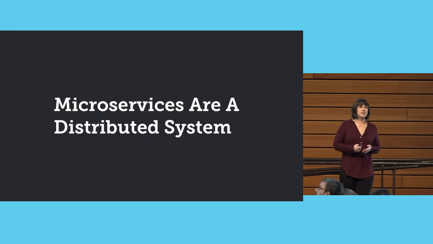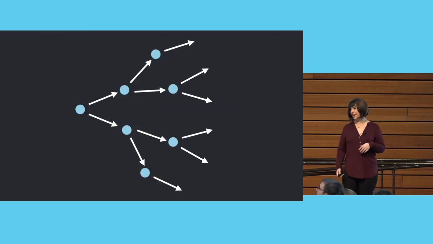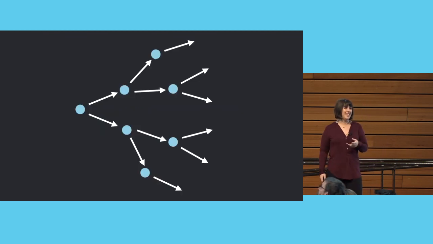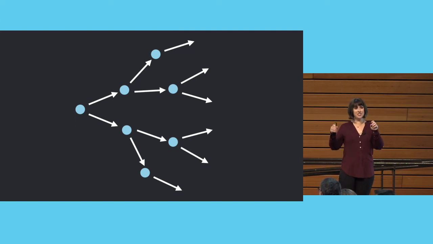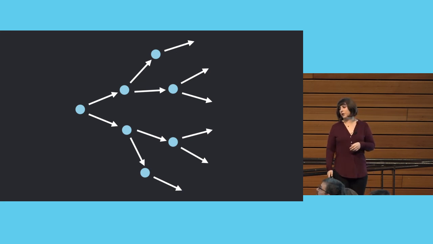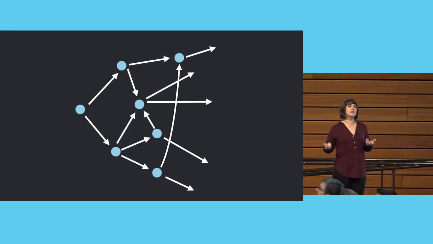So as Chris mentioned, microservices are really a distributed system. You don't just have your one monolithic application that has everything in it. You have a bunch of different pieces talking with each other and who together as a whole represent what you're trying to build. Now, it would be really, really nice if this was like a really tree-like system where things just kind of go one to another, because this is really easy to understand, right? But in reality, microservices look a little bit more like this.